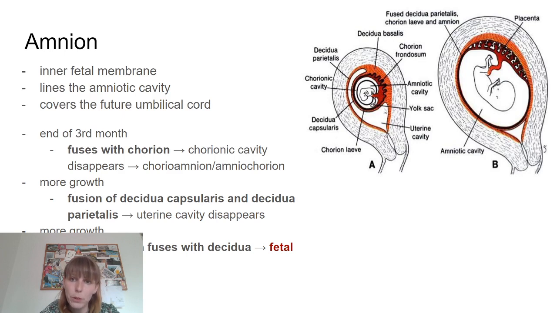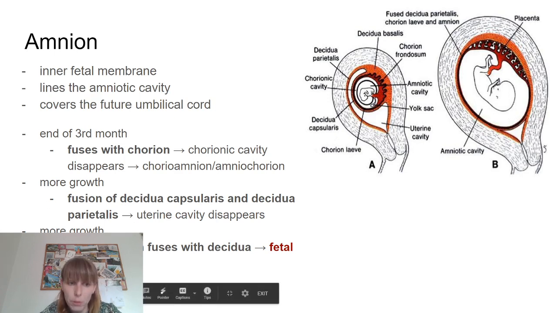So we will not have this huge uterine cavity, it will just be filled with the amniotic cavity with the fetus inside. And if the gestation progresses and it grows even more, the fetus starts to fuse the amniochorion with the two deciduas together. So in the end,